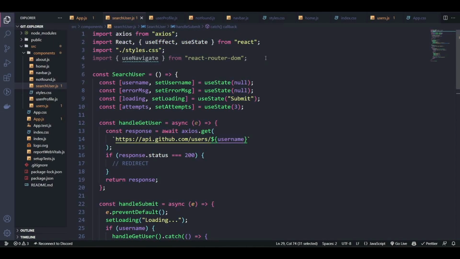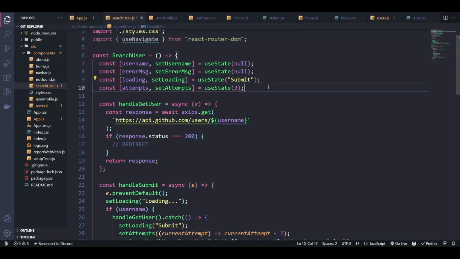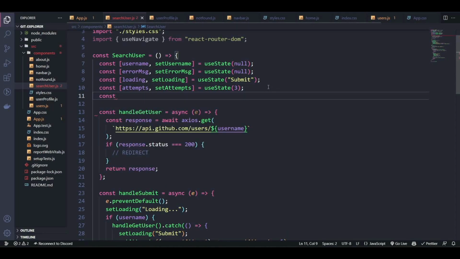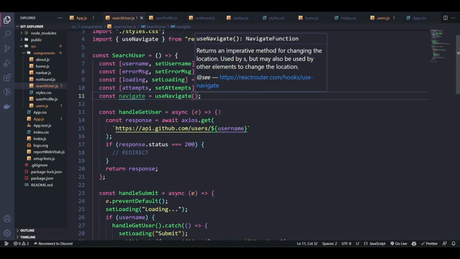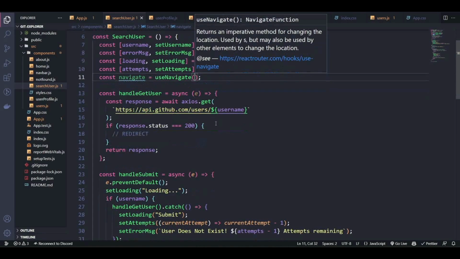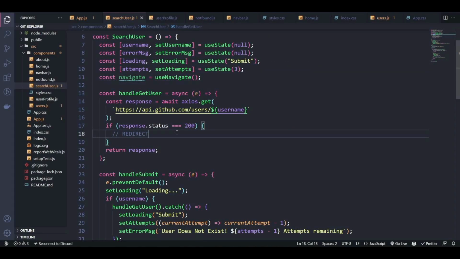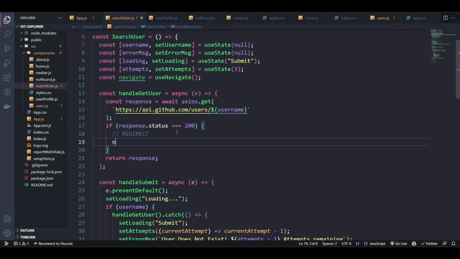First of all, we import our useNavigate hook from React Router DOM, which I've already done over here. And then down here, let's initialize it into a variable like we did in our previous lesson. So we say const navigate is equal to useNavigate, just like this. Then inside of our if statement, when the user is found, we call the navigate object, which we just created, and then in parentheses, we input the page we want to navigate to, just like we did in the previous lesson. So we say navigate,